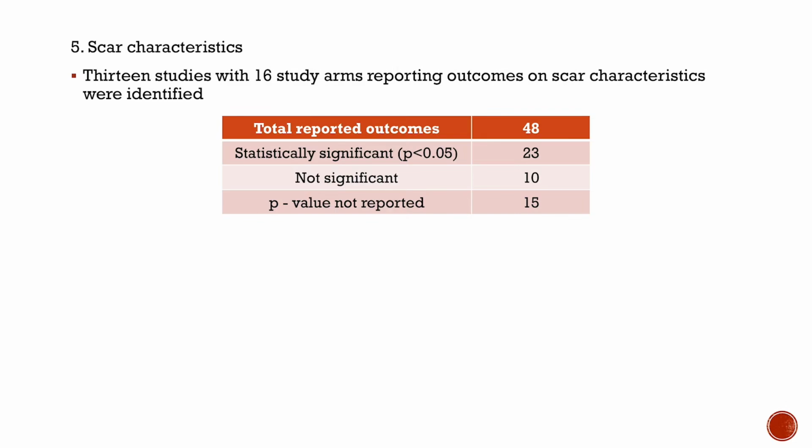13 studies with 16 study arms that reported outcomes on the scar characteristics were identified. Total reported outcomes was 48, out of which statistically significant were 23, non-significant were 10, and p-value was not reported by 15 reported outcomes. So what would you like to comment on this? So this only shows that in 1/3 of the studies, statistical significance was not done. And that reduces the robustness of these studies which are included here, because a statistically significant p-value will definitely increase the